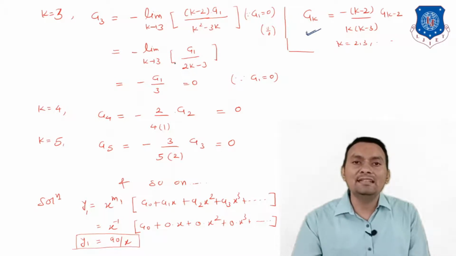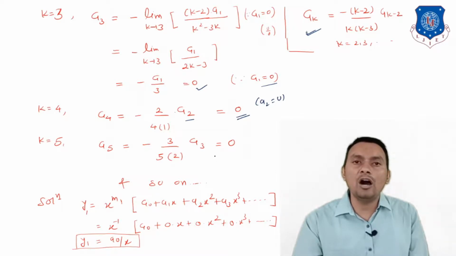But when I take k equal to 3, so what I will get is a1 divided by 6 minus 3, that is 3. Since a1 is equal to 0, the answer is going to be 0. So a3 has the answer 0. What about k equal to 4? So what I will get, 4 minus 2, that is 2, divided by 4 minus 1 and 4 minus 2, that is going to be a2, but a2 itself is nothing but 0, and therefore the answer is going to be 0. a5 also will be 0, and so on.